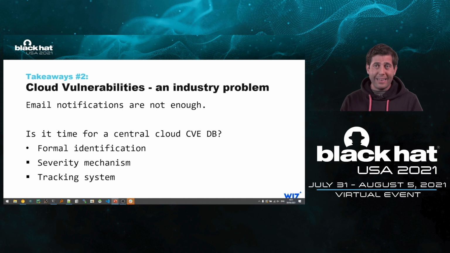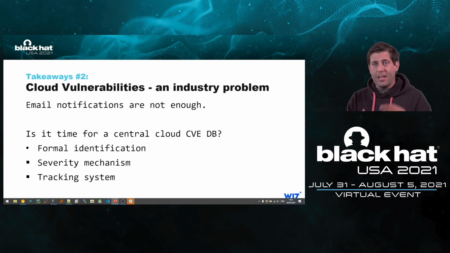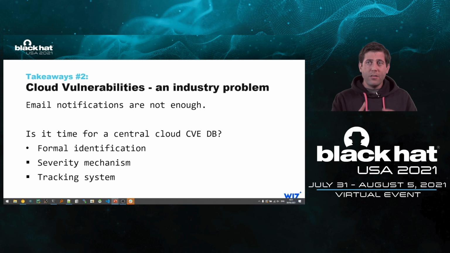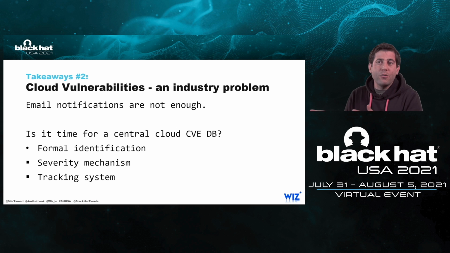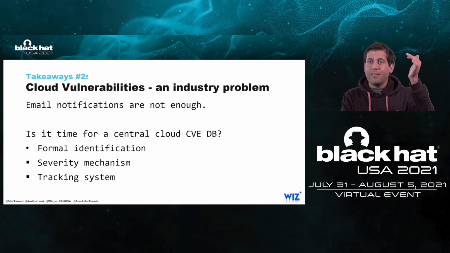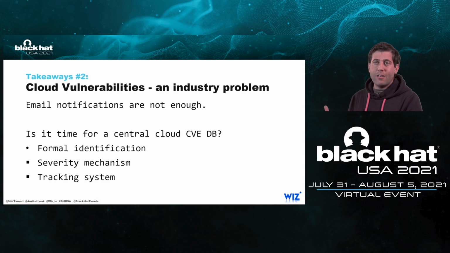And the third, which is not less important, is tracking systems, tools that allow you to understand exactly what vulnerabilities you have and what you don't have. It cannot depend on the fact that, hey, in Wiz we found 3 vulnerabilities and another customer knows about 2 other vulnerabilities. No, we need a central database and we need tools that tell you exactly which vulnerabilities and what severity you have. Just like when we scan container images and I get a report, and I will get the same report from all tools. These are the vulnerabilities you have, these are critical, these are high, these are medium, and this is what you have to fix. We should do that for cloud CVEs as well.